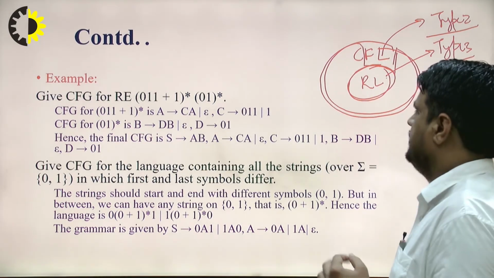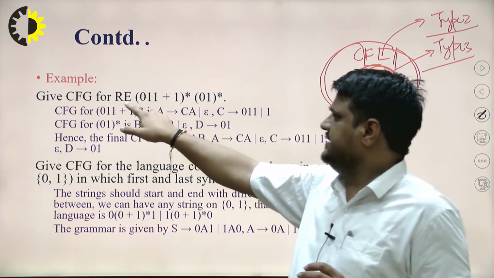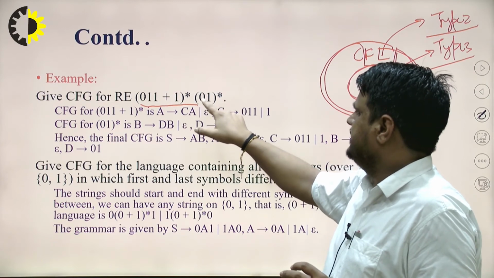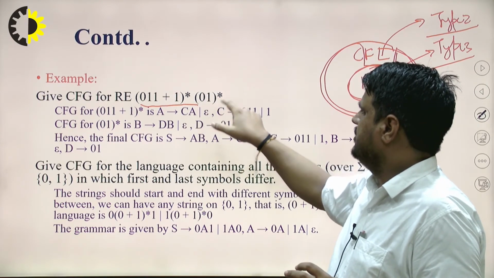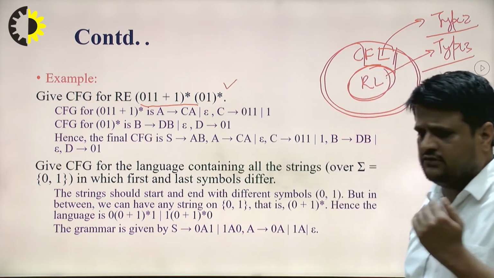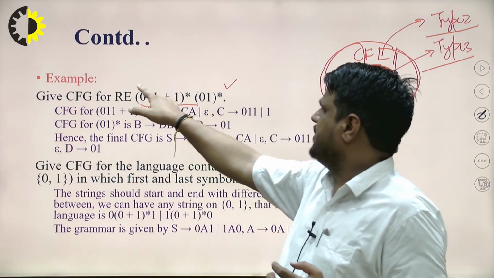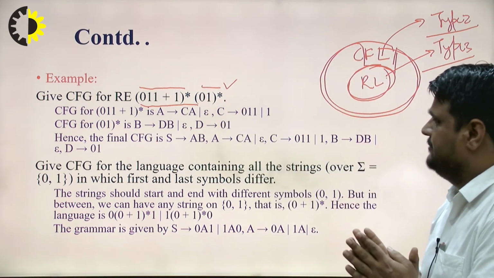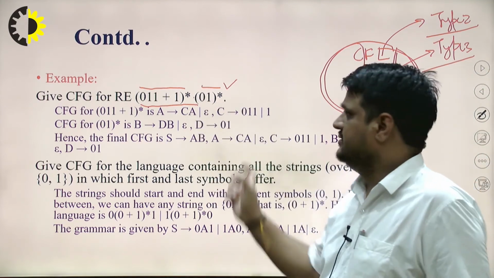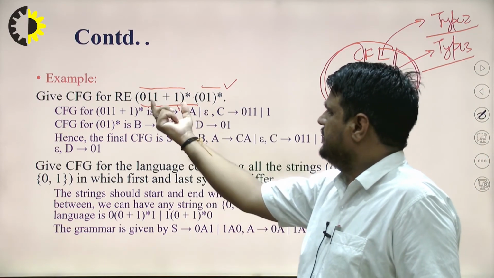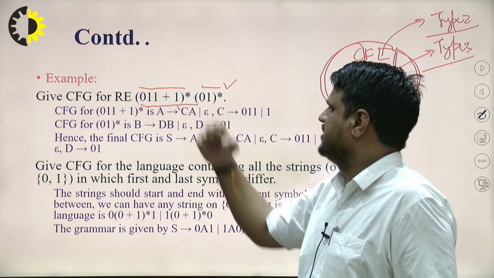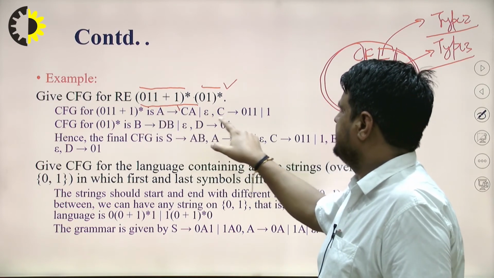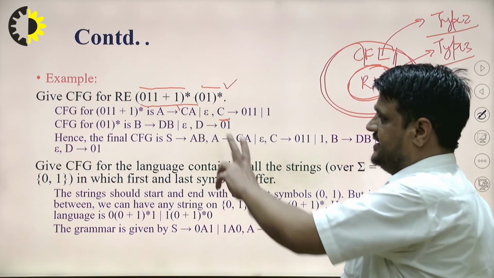is not true, right? So, here you can see the regular expression is given: (0, 1, 1 plus 1) star, concatenated with (0, 1) whole star. So, to write down the context-free grammar, we have divided it into two parts. First one is this one and second one is this one. For the first one, what we have to do, this star means repetition of this particular string. So, firstly, we denote the grammar for this particular string. So, how can we denote it? You can see carefully, otherwise there is a problem.